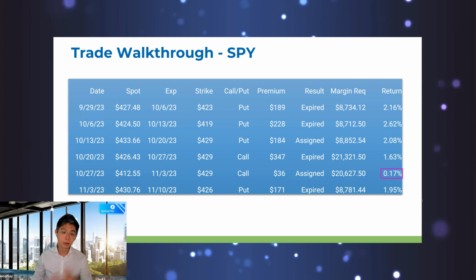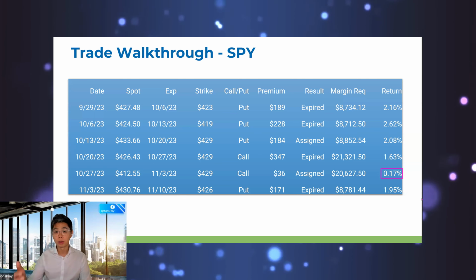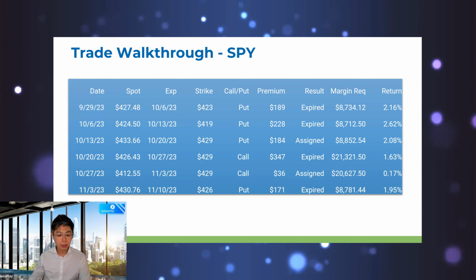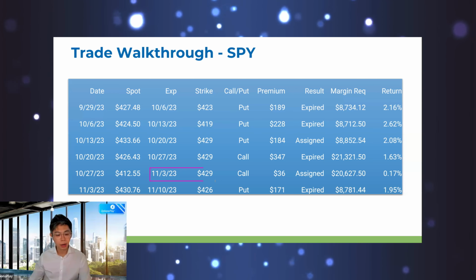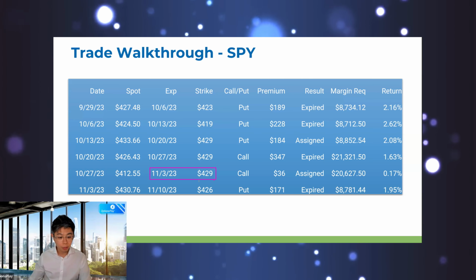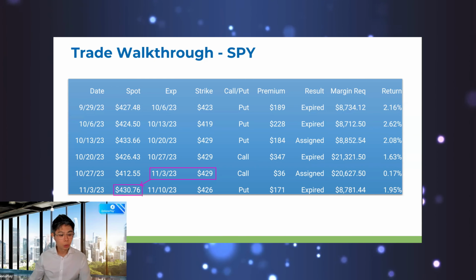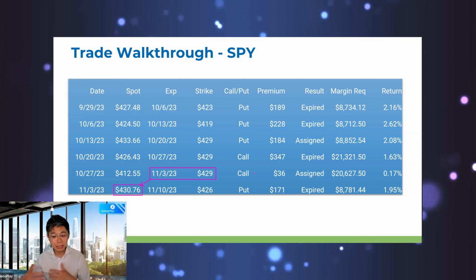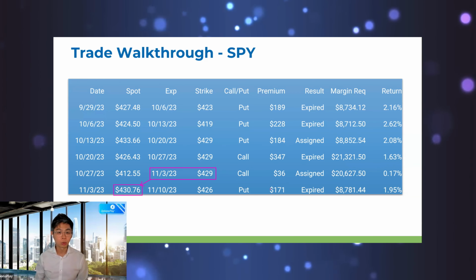on my strategy. Now, if you annualize that out, that's not a bad result. And you'll see over the long run, this actually looks quite attractive. But, as you can see, if I sold the 429 call on November 3rd, go out 1 week, the stock is now trading at 430. What that means is that my covered call has now been assigned, and basically I've sold my stock at 429,